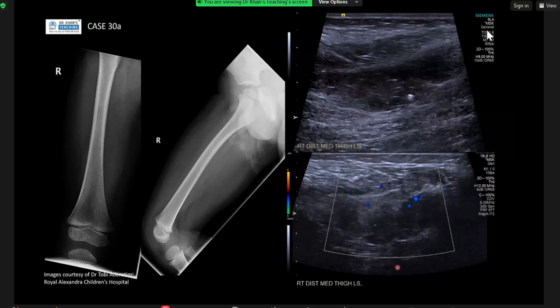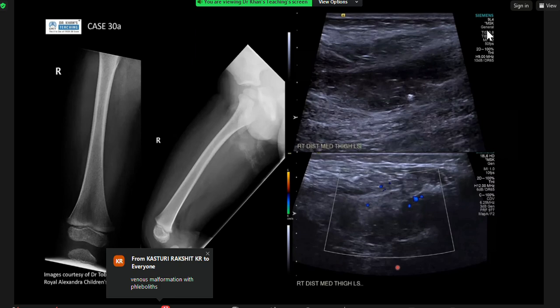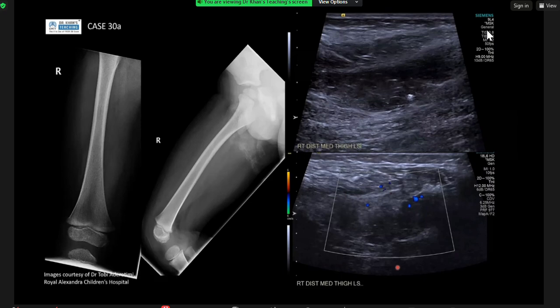If it's reducible, then it could be... It's compressible as well. It's compressible on ultrasound. Okay, so this could be hemangioma again with the phlebolith. Yeah. So hemangioma, as I said, is a vascular tumor. Okay. So I think if you wanted to say, so yes, this is not a hemangioma, but this is